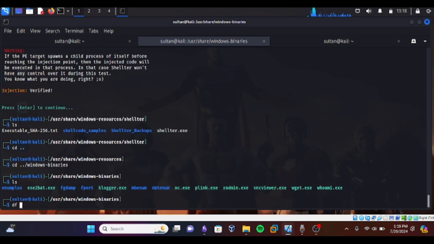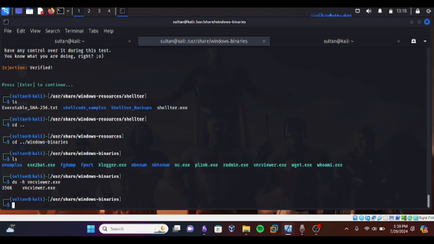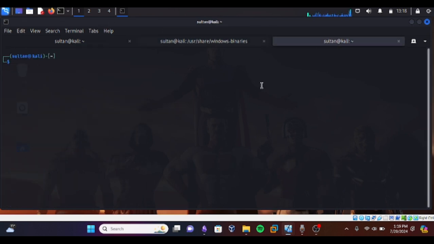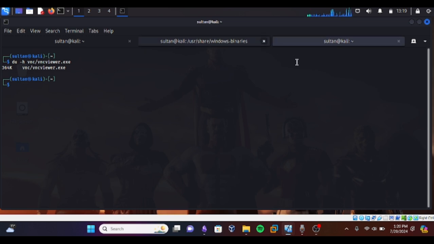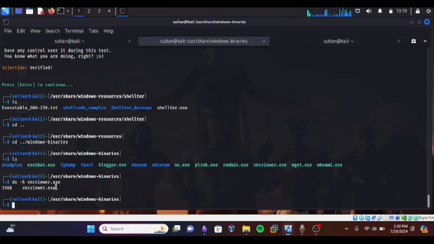I want to compare the size. As you can see, it has a size of 364 kilobytes, and the original binary is 356 kilobytes.